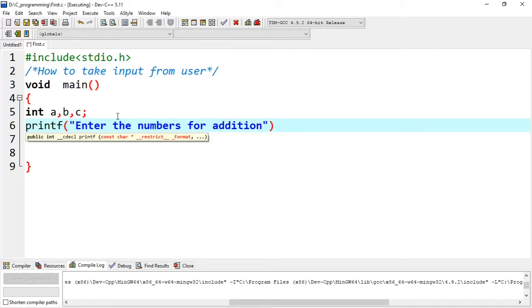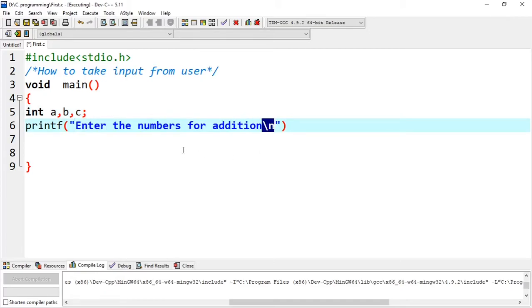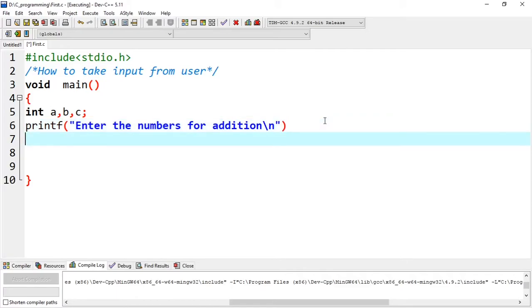So in C we have escape sequences, like \n for new line and \t for tab, and there are other options also, but these two are majorly used, \t and \n. So let us say I have taken \n. That means whenever this line is printed on the screen, the input has to be given in the next line. So let us give a \n so that it comes to a new line, and in the new line we will give the input. So after the printf statement you have to write scanf.